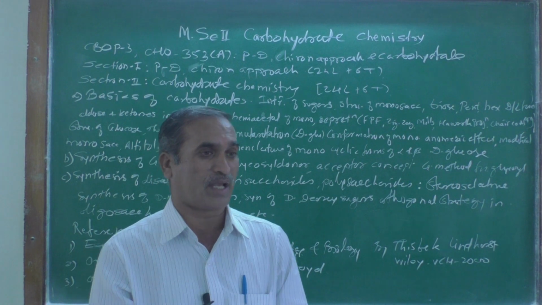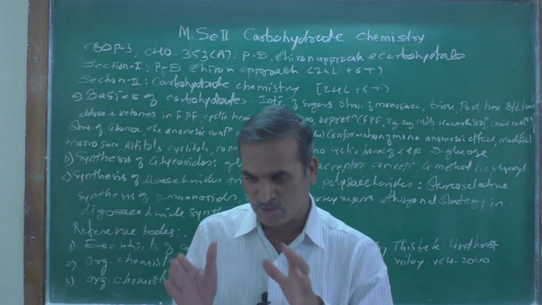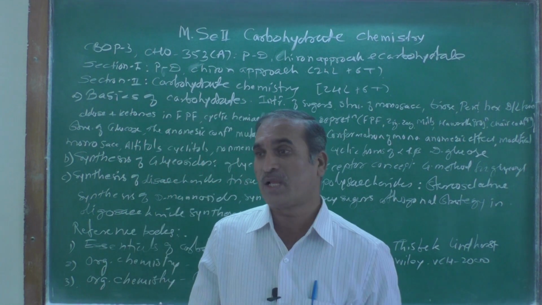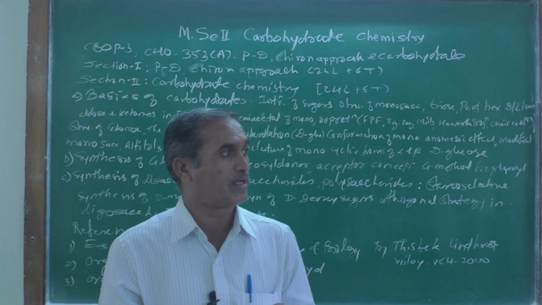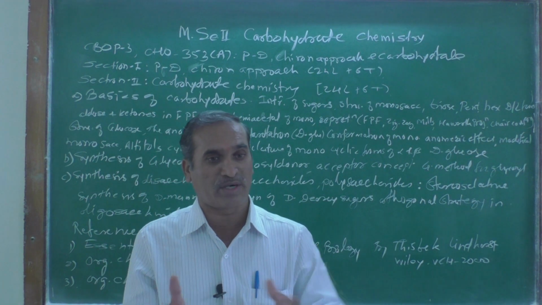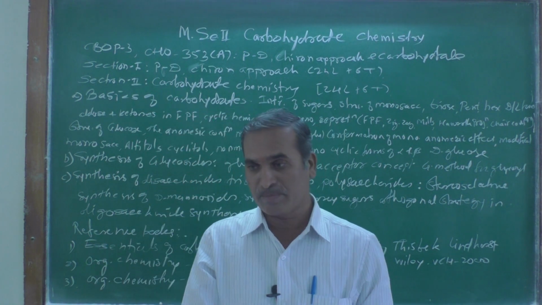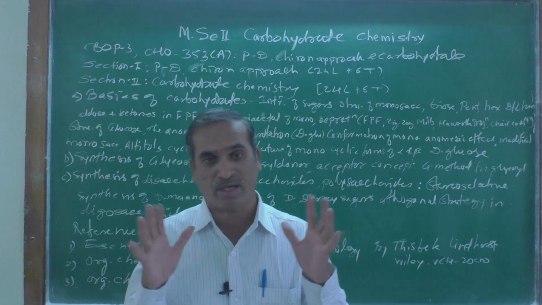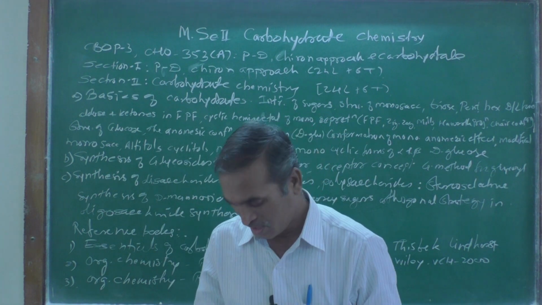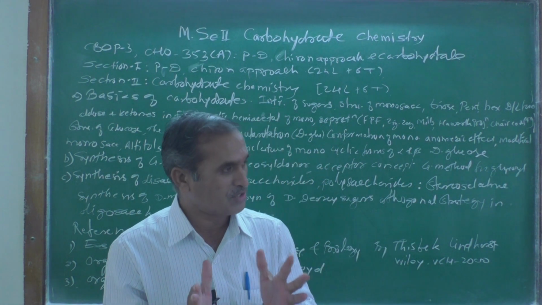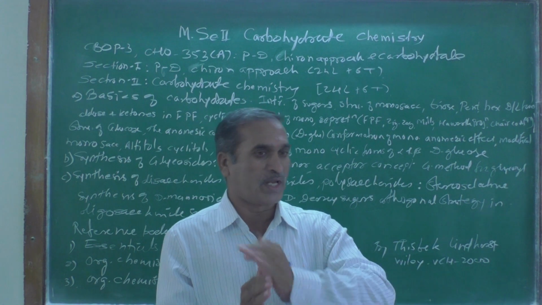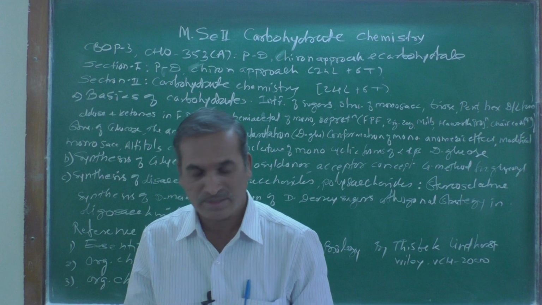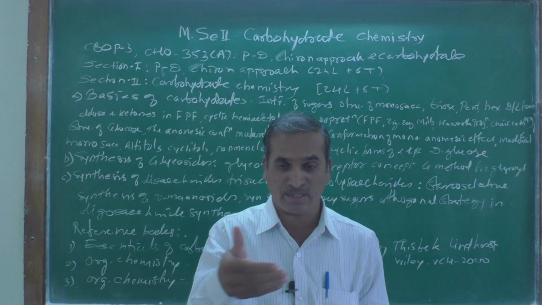In the Chiron approach that we have seen, we mainly used carbohydrate chemistry. There we have seen that carbohydrate is an essential nutrient or constituent present in our diet. Do you know that our diet requires